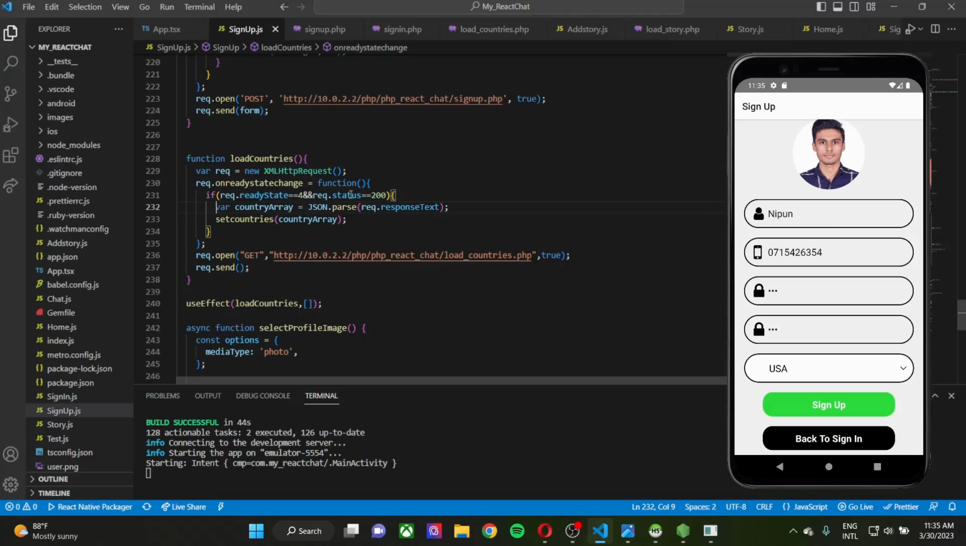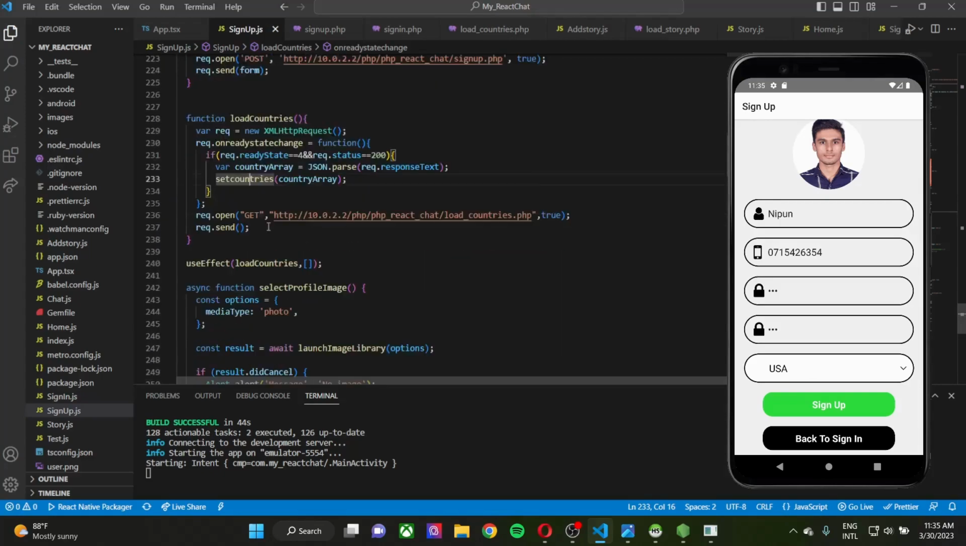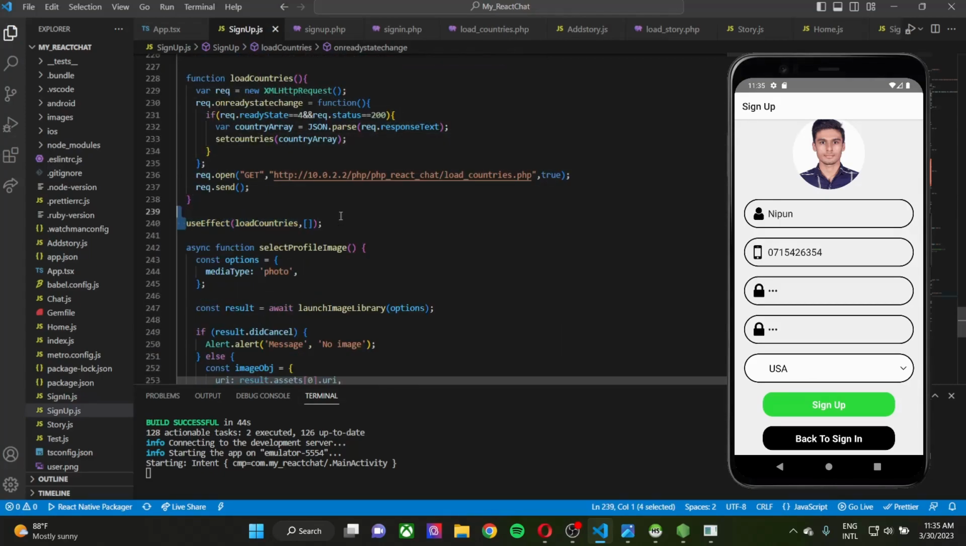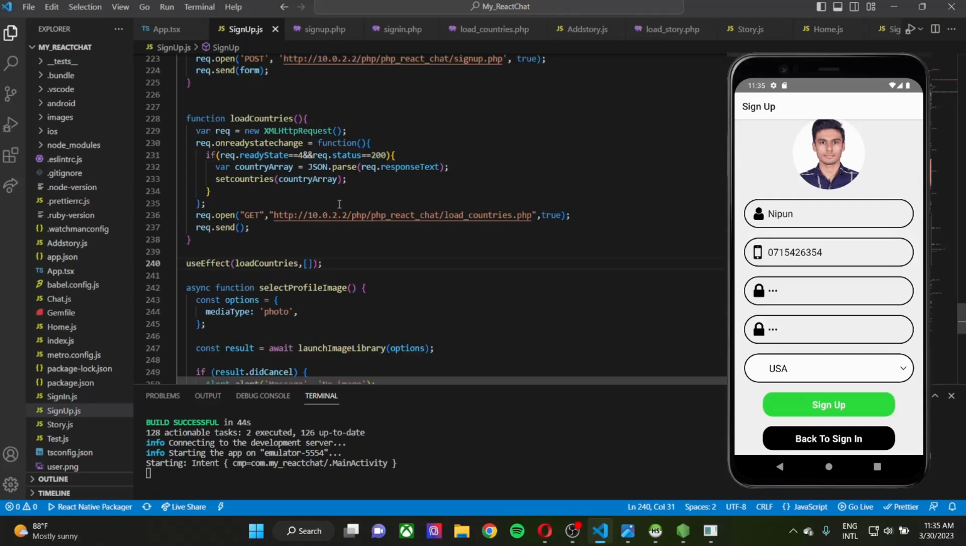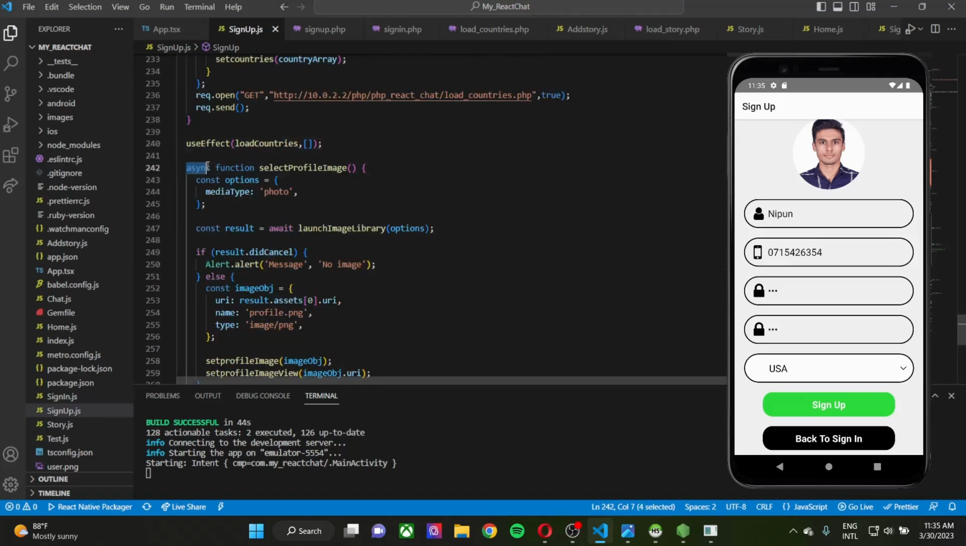And if the requirements are set, it will create a variable country array, parsing the JSON that we sent from the server side and setting it to the set countries, so to the countries constant. And with this use effect, this function will only execute once when the screen is reloaded. And then we are creating an async function, as there is an await that we have to